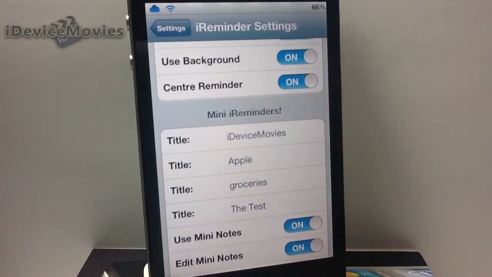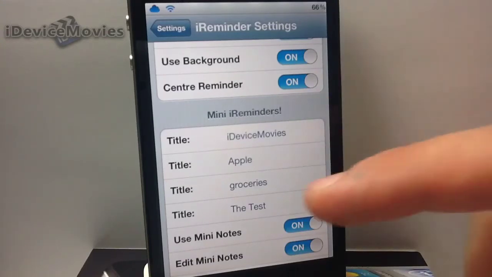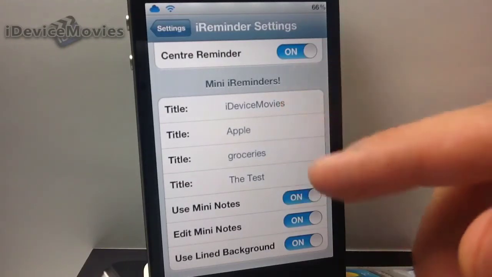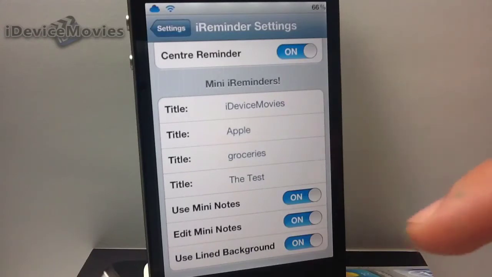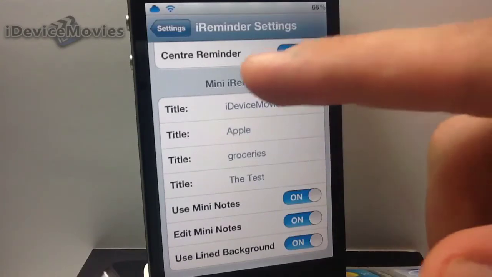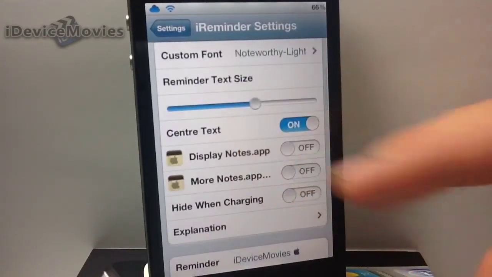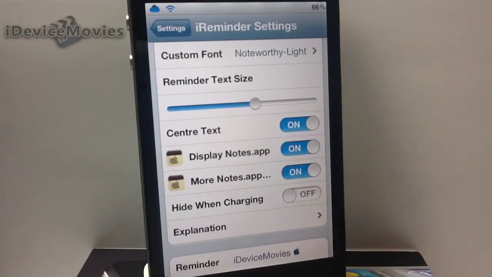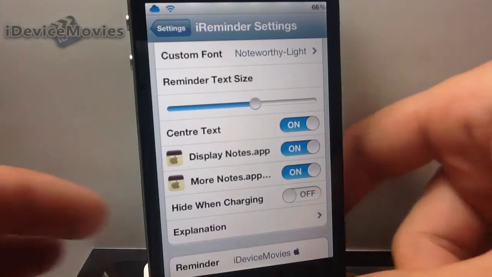Now, first thing you're going to want to do is you're going to want titles for everything. I'm just giving you an idea that there's just endless things you could use this for. I just made up these titles, and I do have corresponding notes in my notes application. So I have like a grocery list and a test and so on and so forth. Now back up here, you're going to want to display notes and have more notes. So turn those toggles on. Now let's go into